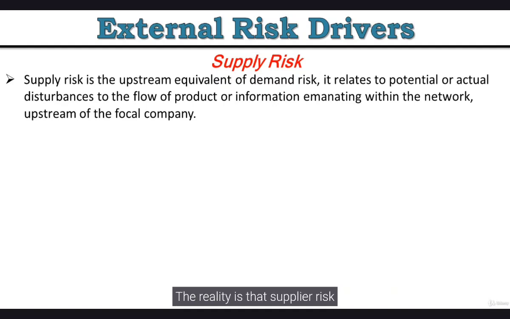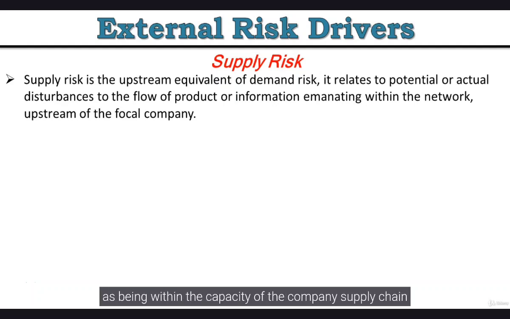The reality is that supply risk is almost invariably thought of as a failure of their processes and controls. Most often this is about breakdown, shortage of materials through the supplier's chain, quality and rework issues, or poor planning and hence committing to unreal delivery dates. It may be thought that an aspect of this risk arises when the supplier is unable to meet unpredicted demands placed on it by its customer. This is unreasonable, since the key tests of supply-side failure are about whether the demand was accepted by the supplier as being within the capacity of the company's supply chain, and then whether it met them on time and to